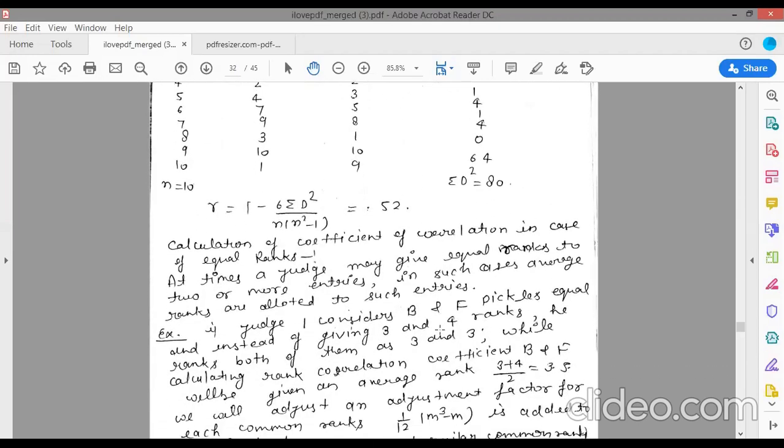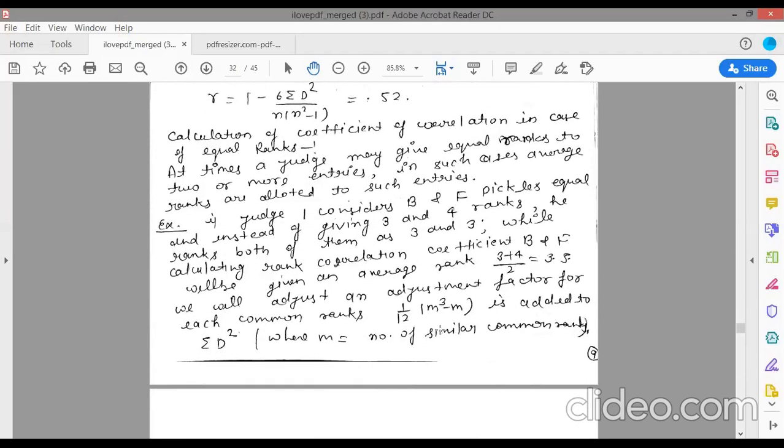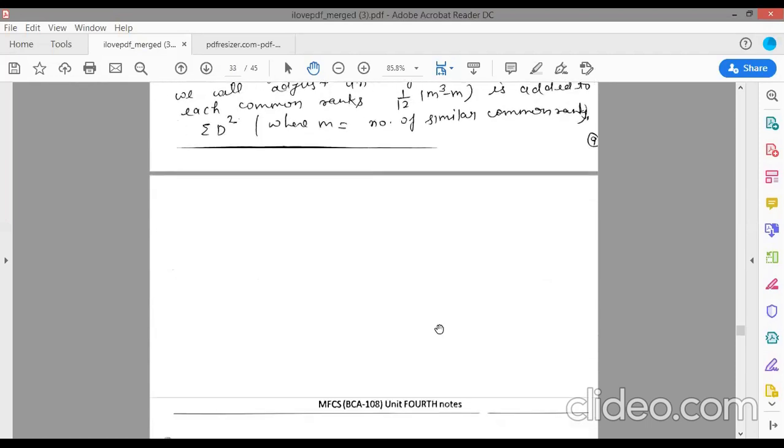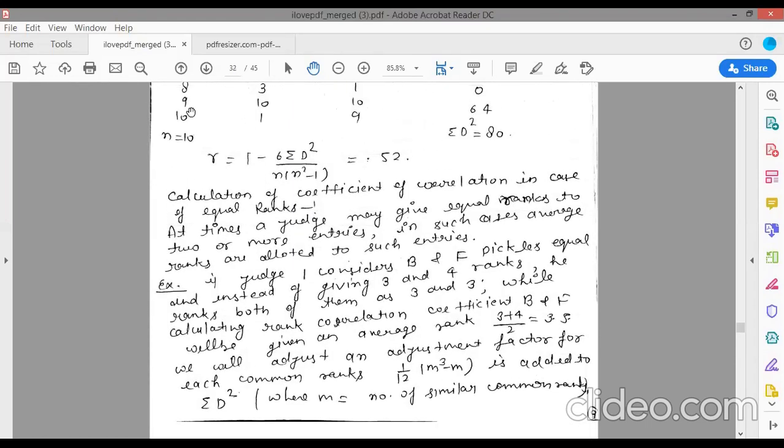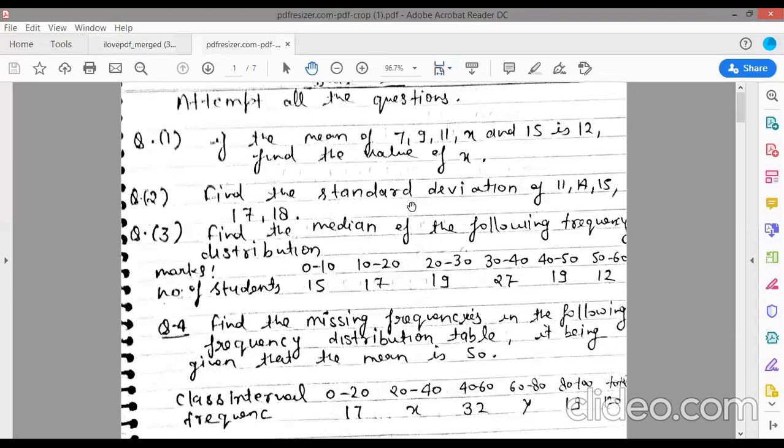Okay, we have already calculated all of these things. So next, here are the questions related to mean, median, and standard deviation. These types of questions are always asked in your final semester exam, and these are also questions from old MDU question papers. So, the first question is given.